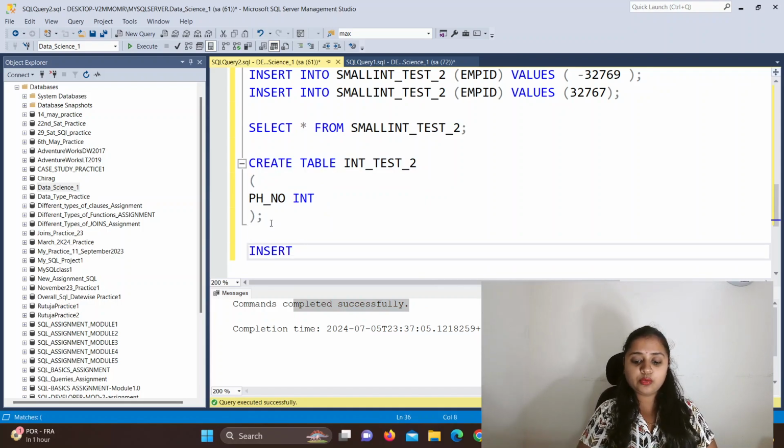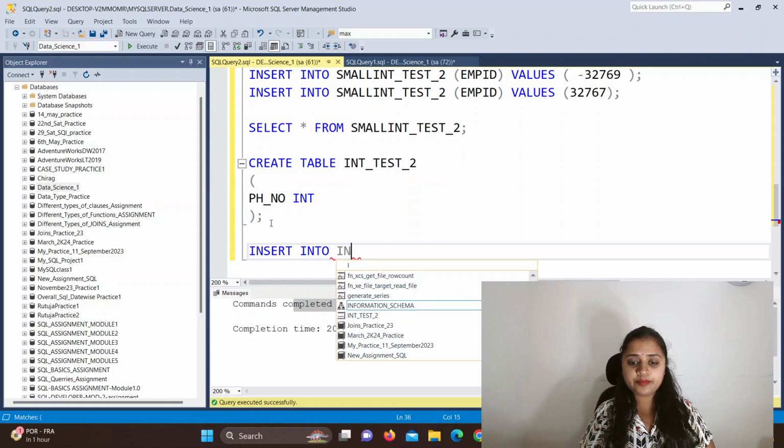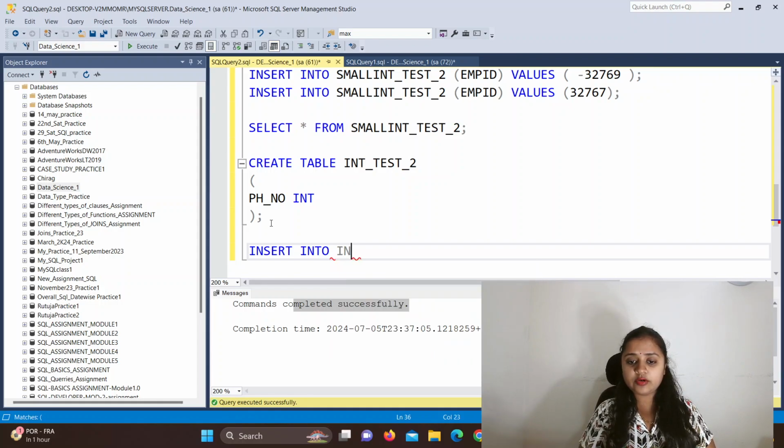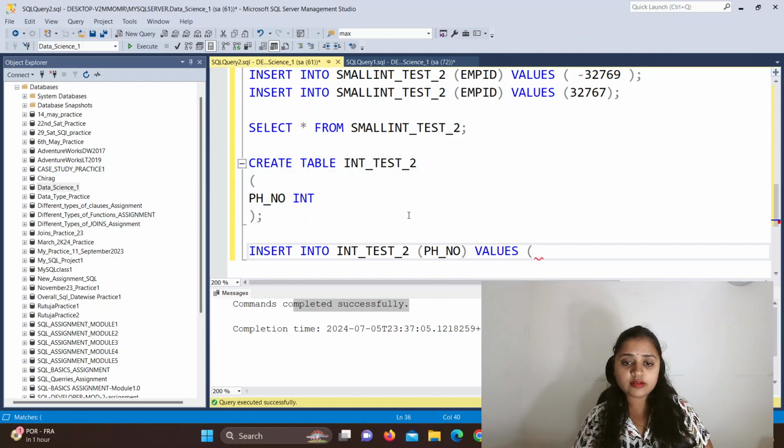Now just try to insert the value. Insert into the table name, that is int underscore test underscore 2, and then your column name inside the bracket, that is phone number, bracket close, and then values. Then give the number for the int.